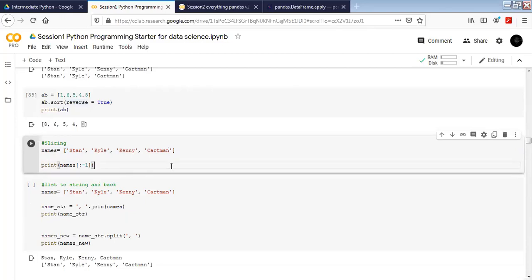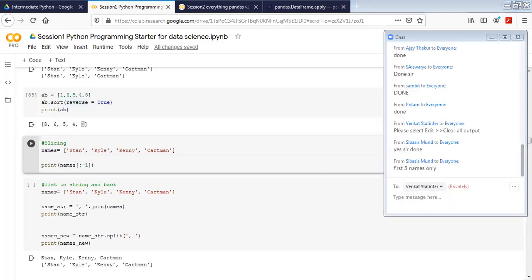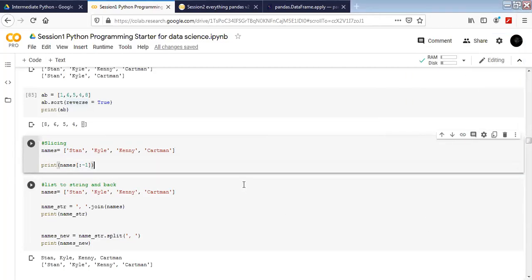The question is, we already did the slicing. Everybody remember that in the string also, right? This is the code I'm trying to run. I'm trying to slice this whole list, selecting a few elements from it. If I execute this code, it will print all four in reverse. Because the first value is not given, it's blank, so it will take 0, and this -1 is for the last one.